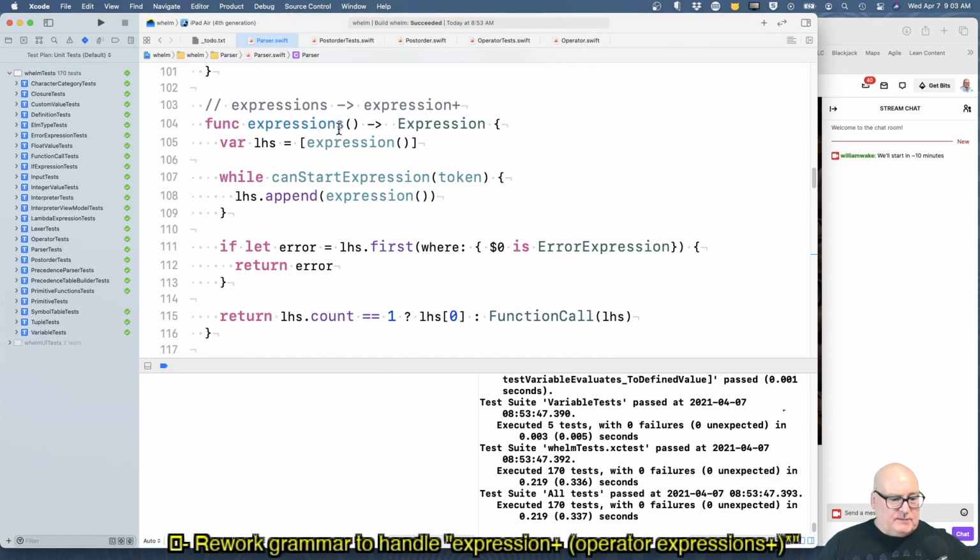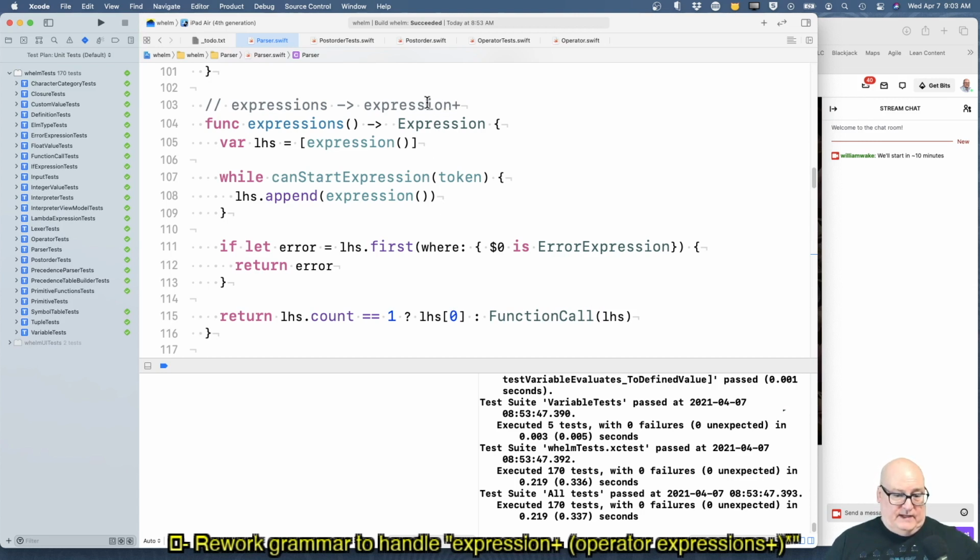But let's see. Down here, expressions. This thing goes to one or more expressions, and at the end of its parsing, here it's deciding if it was just a single expression like 7, it just returns it. If it was more than one expression, function of x y, it says, oh, it must be a function call.